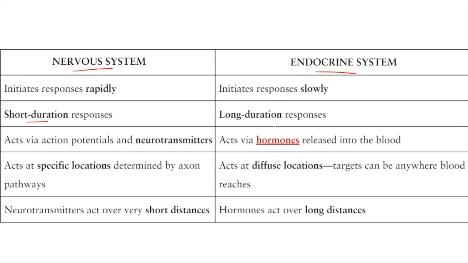For the endocrine system, however, the responses are long duration, or they remain for a long period of time. It's also because hormones can stay in the blood for a very long time. It can last as long as minutes to hours, whereas we are talking about milliseconds or seconds